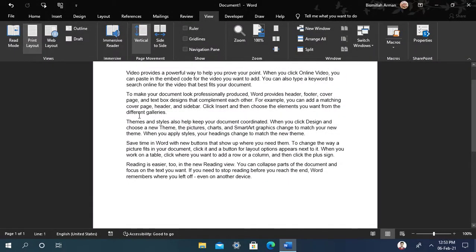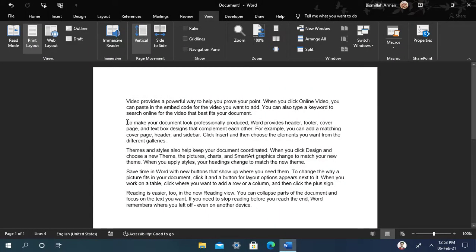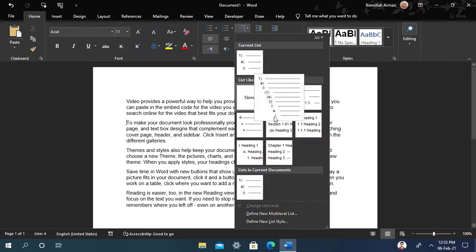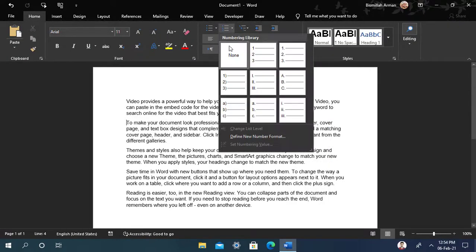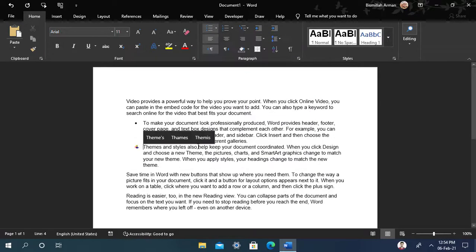You can see here, Ctrl Alt P. The next one is multi-bullets. Multi-bullets is an option which you can use to have multi-styles of bullets in your document, in your text. So here is also the option multi-bullets, multi-level list. You can apply it, but you have to use first this, then select another, then this